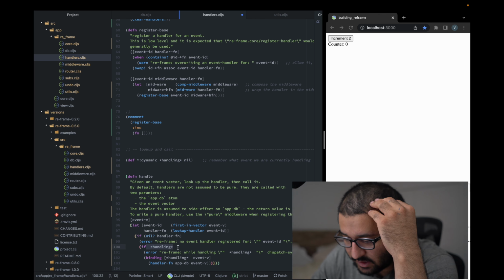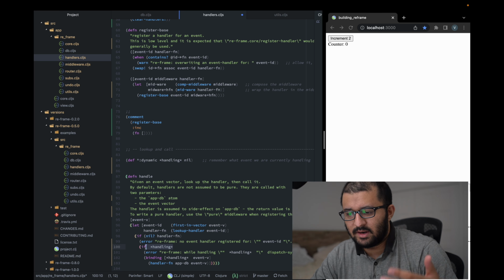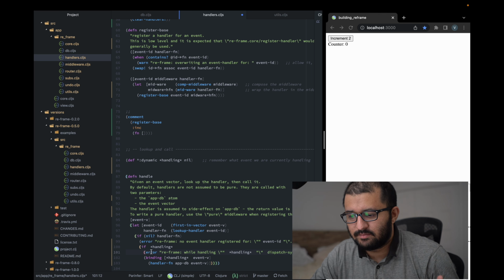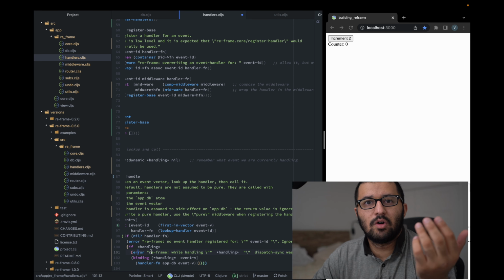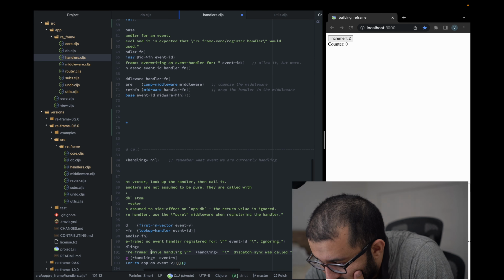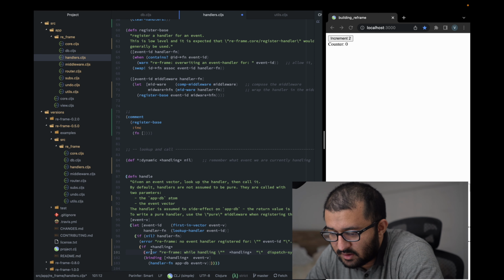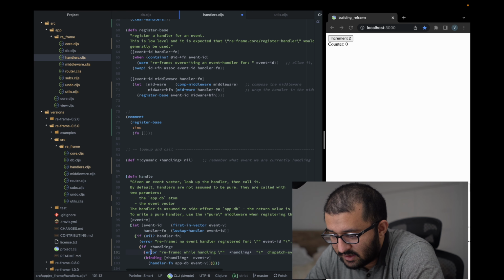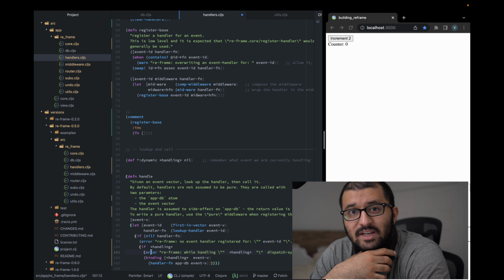If there's already another event that is being handled, which is the case over here, then we don't want to. So this can only happen when you're calling dispatch-sync, right? Dispatch-sync was called for an event while handling. You can't call dispatch-sync in an event handler. So this error might happen if you are calling dispatch-sync directly,